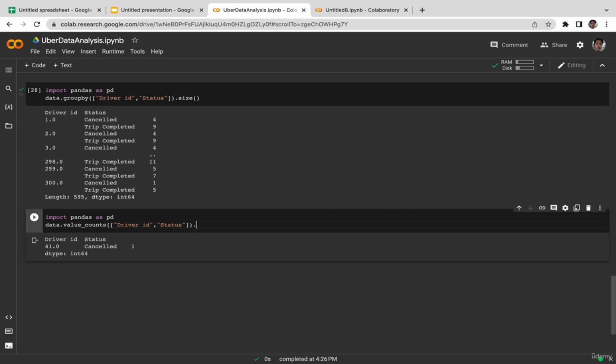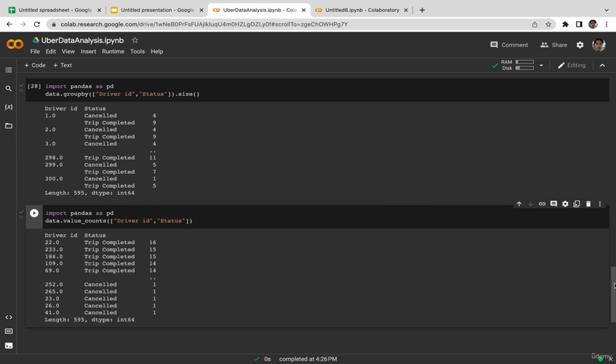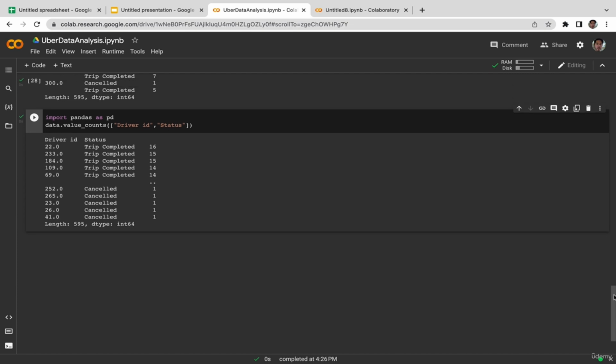Okay, so just get rid of this and then go back to the initial display. So I think that's answering our questions when it comes to the performance of the driver, if we analyze the performance based on the qualification of status trip completed as the main requirement that needs to